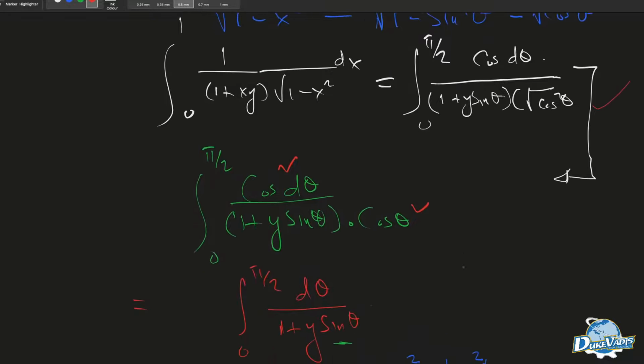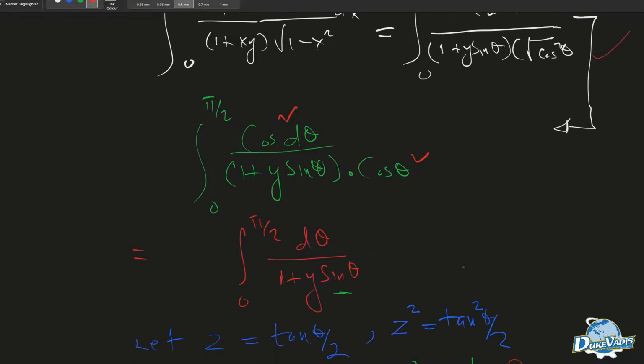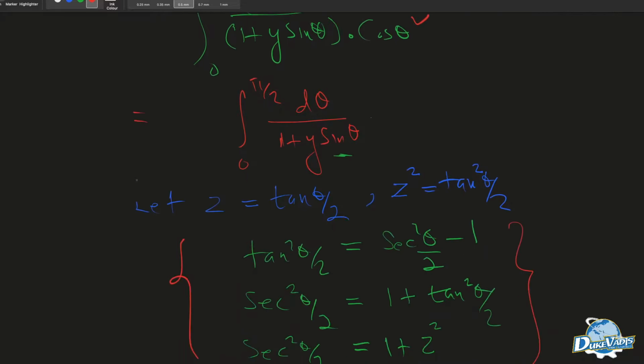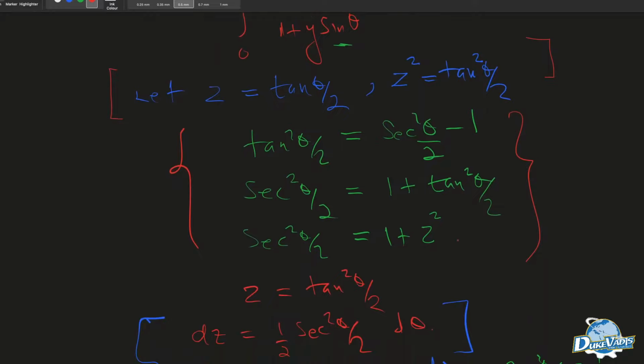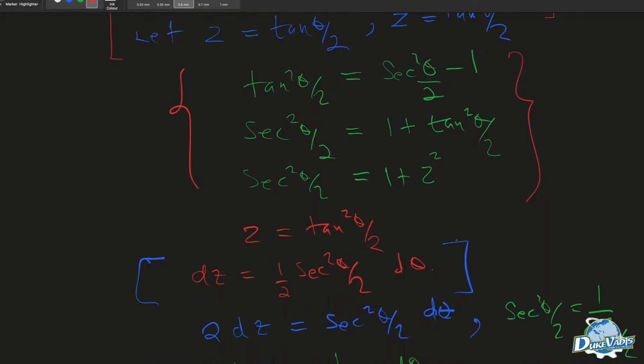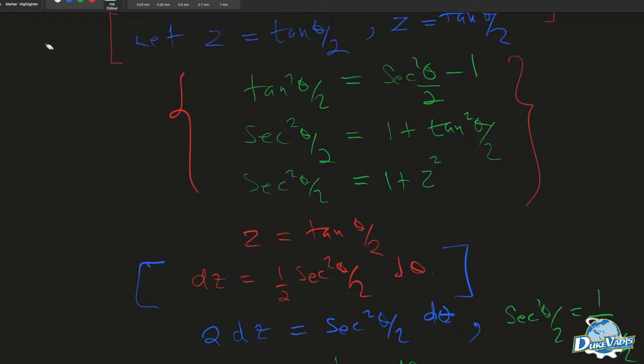Okay, we simplified it, then we had 1, which is d theta plus d theta over 1 plus y sine theta. We made this assumption. We say let z be tan theta. So when we squared it, we have tan squared theta over 2. And we know this eventually got us here. Alright? Then we know z squared equals tan squared theta. We know that when we differentiate that,